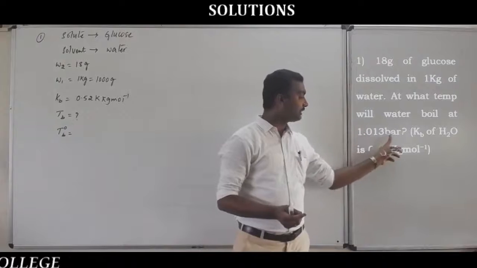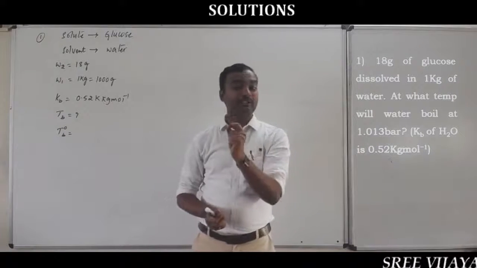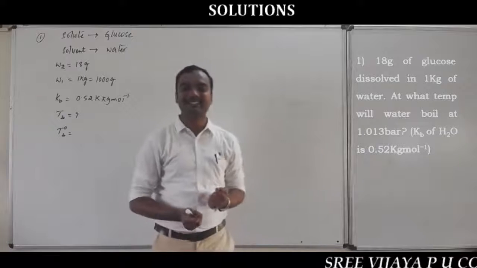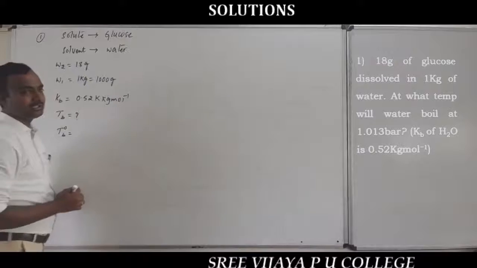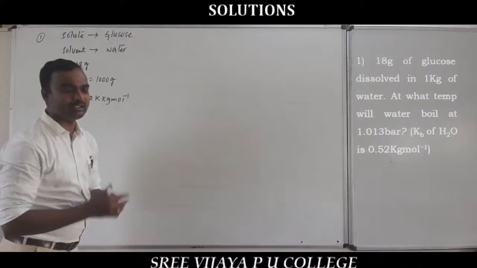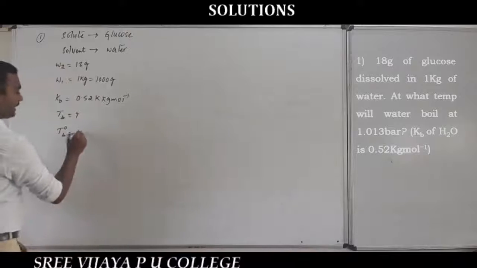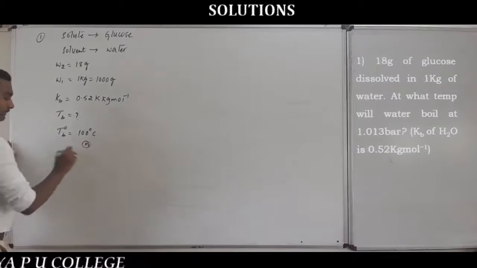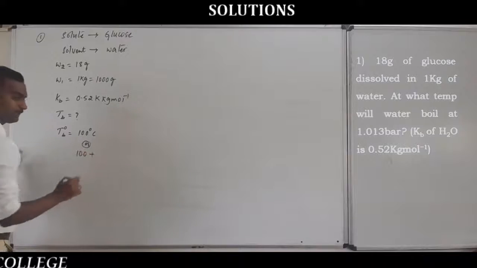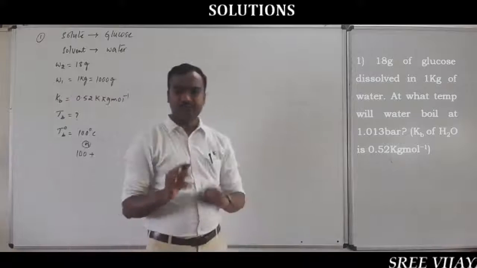And at 1.013 bar, the water boils. So what is the boiling point of the water? That is 100 degrees Celsius. We should know that for pure water. So if vapor pressure equals 1.013 bar, definitely that is the boiling point. The boiling point of pure water is 100 degrees Celsius. We can write it in Kelvin also. How do you write it? 100 degrees Celsius plus